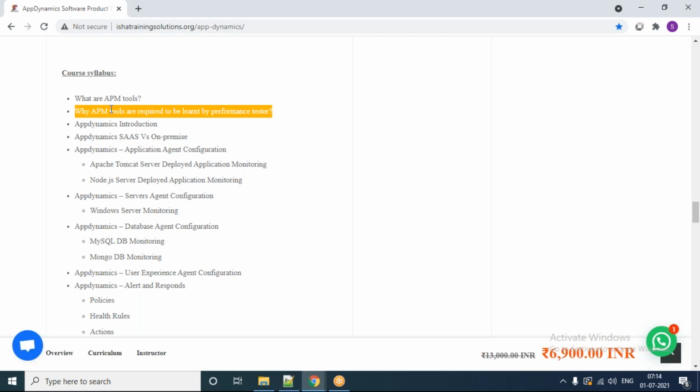Anybody can use it, provided they have the understanding about this tool and they can implement this in their regular work. In that way only these tools are actually designed. Even a developer who is doing unit testing, at that time they want to deploy their code and identify whether there is any problem, any high resource utilization, CPU, memory, like that they want to understand. That is also still possible. That is the reason I'm saying it is not only restricted to performance testers.